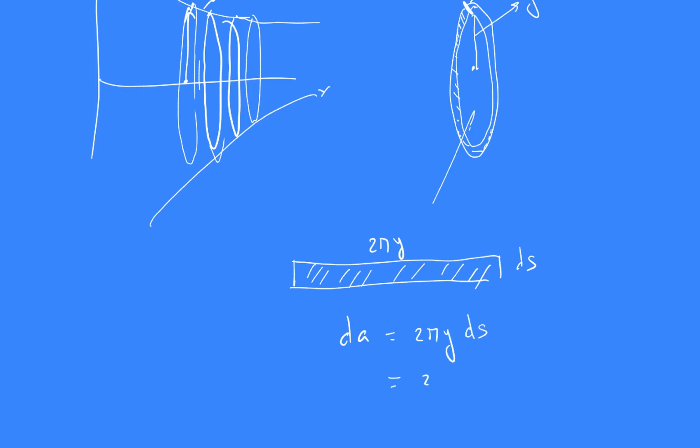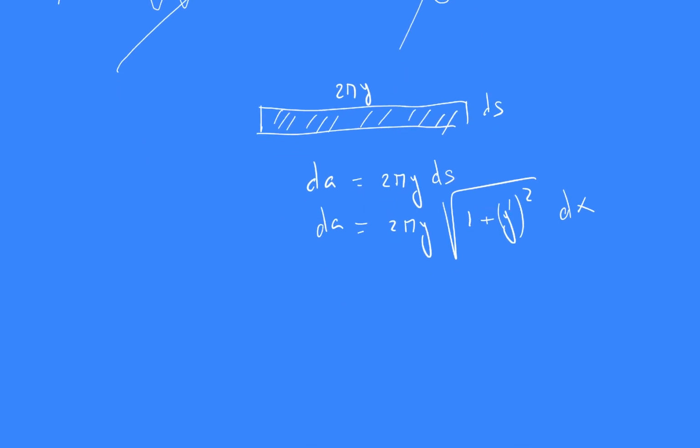But because ds is the square root of 1 plus y prime squared dx, I have the surface area. So the total surface area, A, will be